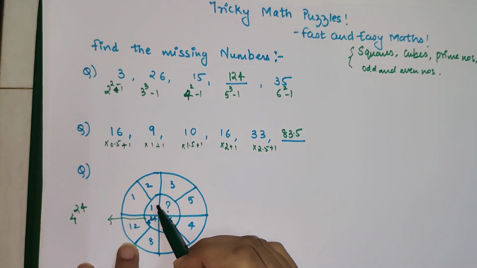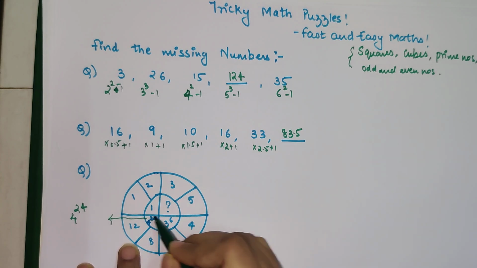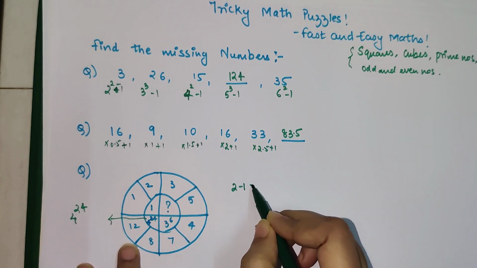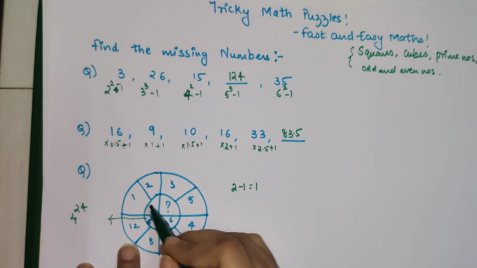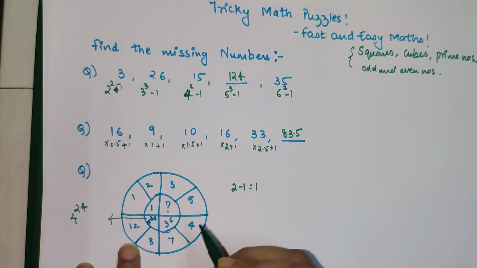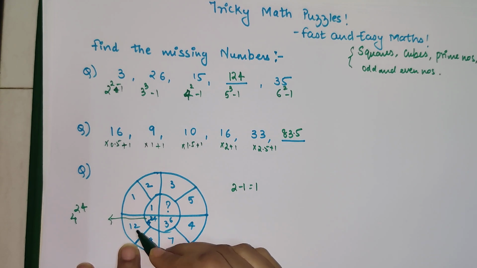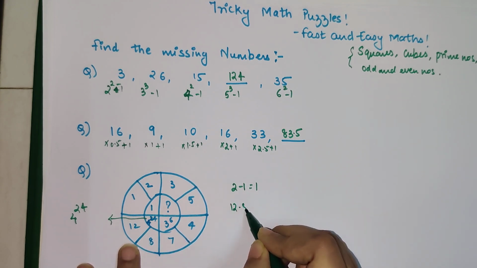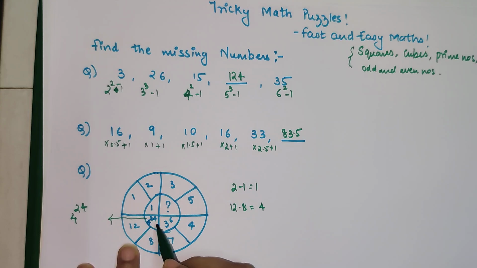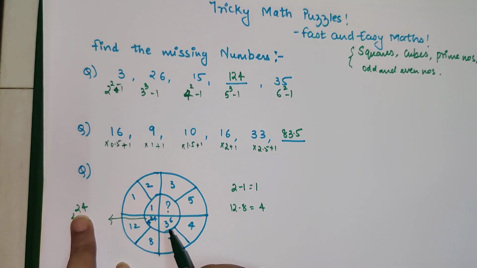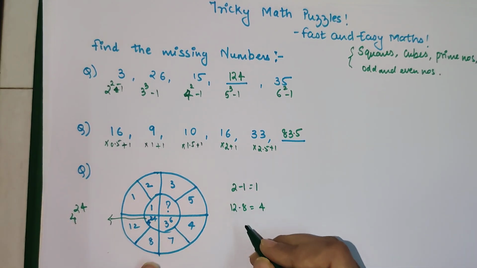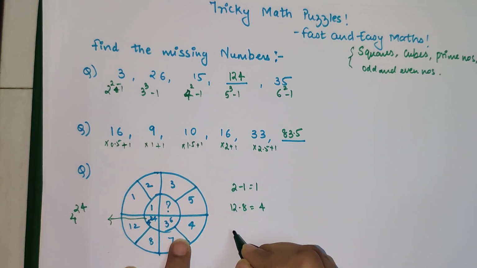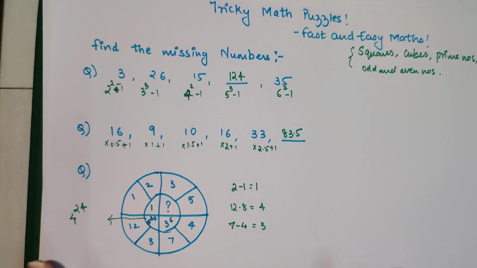Okay, so now how do you do something like this? If you look closely over here, we can write this particular one as nothing but 2 minus 1 is equal to 1. So 2 minus 1 will get you this one, right? Then here, can I say the difference between 12 and 8, 12 minus 8, is going to get you 4. This is what they are looking for, but you need a 24 on top. So let's see how we do that. Then over here we have 7 minus 4, we have 3.